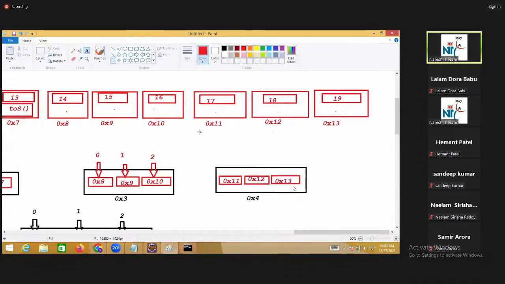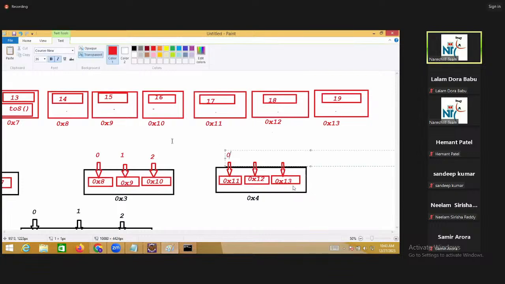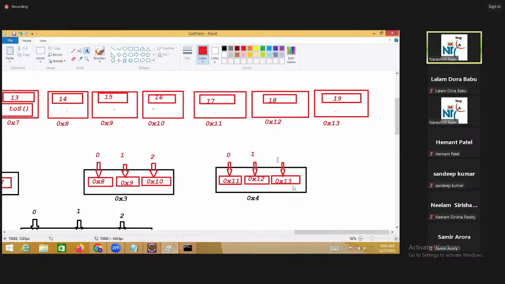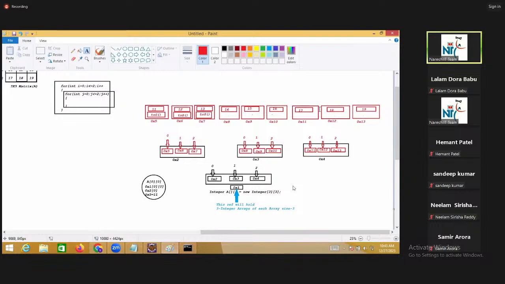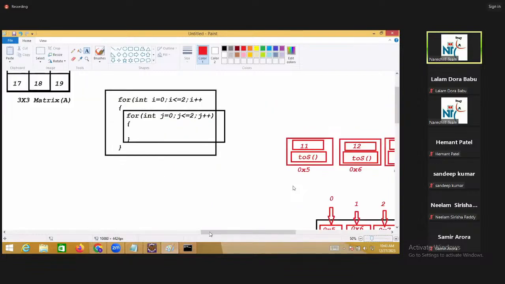Right. 0, 1, and 2. So this is the array. Each one is one array. Have you observed this point? All of you understood this, right? Normally you can use practical I/O and handle it, but according to Java, this is the visual. Why I drew this diagram: one interview question is there. The question is